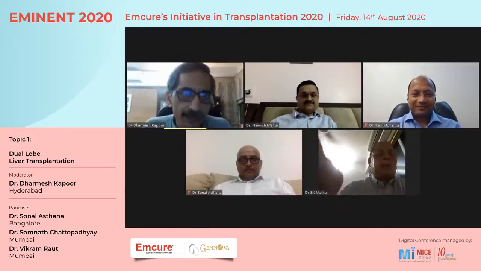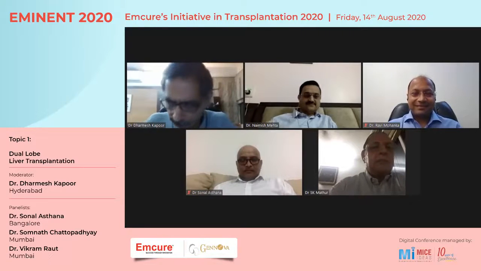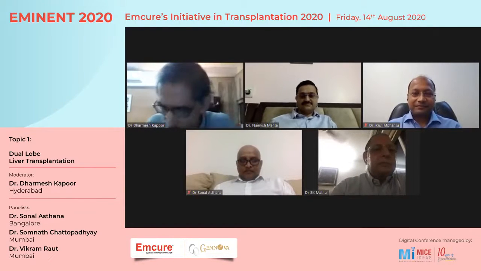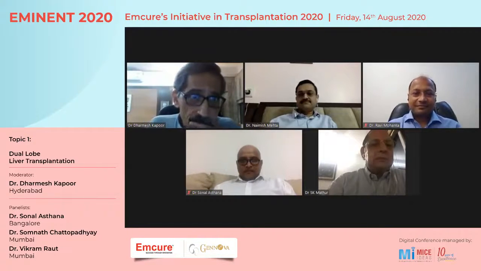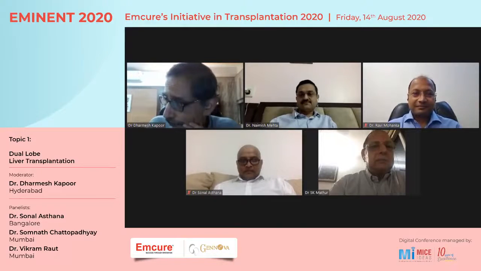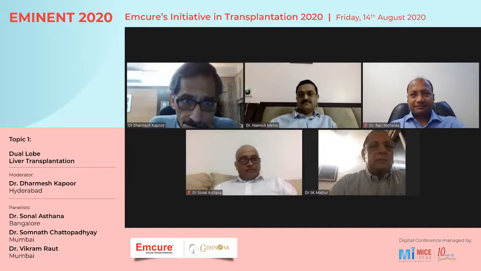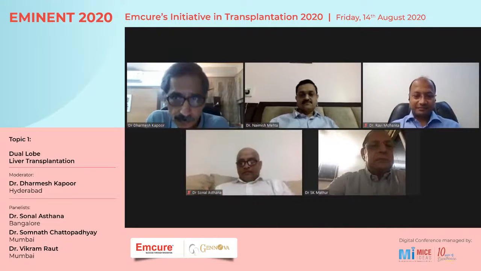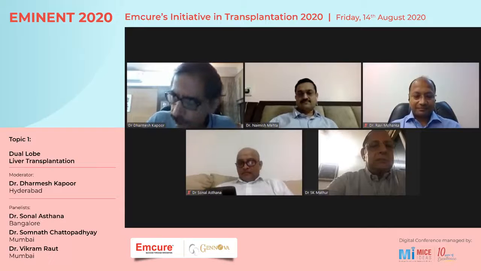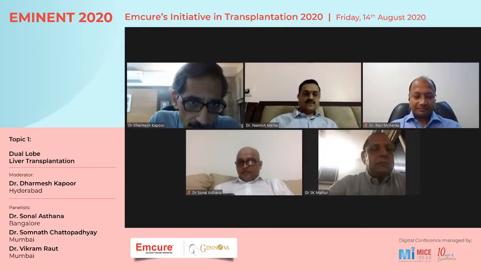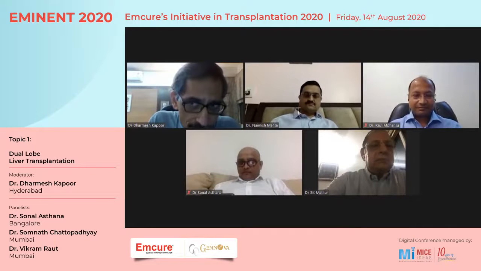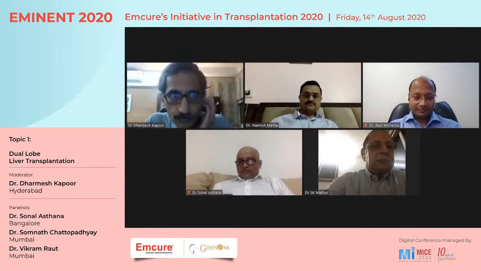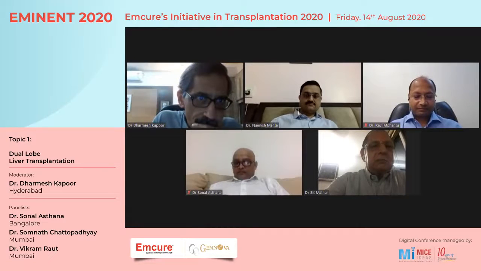Yeah, I'm there. I think I agree. Whatever the discussion has happened, the need of a dual lobe transplant we have to see in the context of availability of a cadaver donation. And now also, I think the dual lobe transplants were started maybe 10 years back, where everybody was thinking with GRWR, but we have learned a lot about the GRWR in the last 10 years. That's the reason why most of the publications are coming, as Dr. Nemish rightly pointed out, only from Asan, and it is not accepted in the rest of the world. It is not accepted in Japan. It is not accepted in Taiwan, and its acceptability is very low in India too. So I think that's the way we have to look at it.